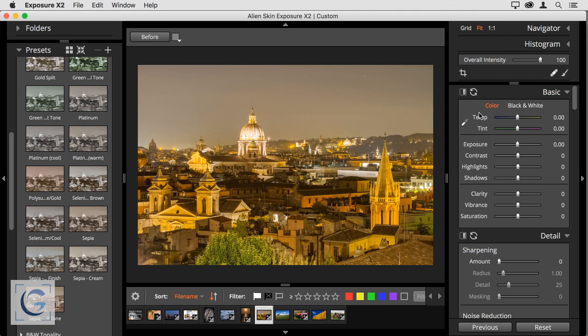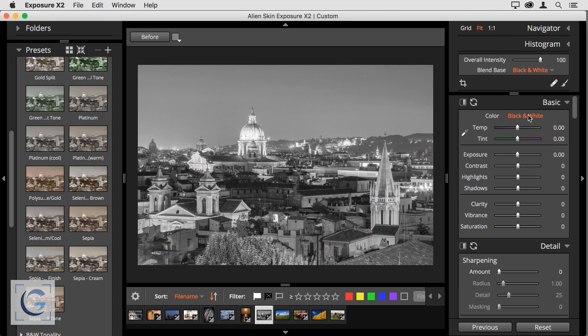Now, when it comes to a black and white interpretation, yes, sometimes it's just a problem-solving step, but I would also say that in many cases, in more cases for me personally, it is essentially an inspiration. I want to emphasize particular attributes. I want to focus the attention of the viewer on the light or on the texture. And so when those sorts of attributes are first and foremost in your mind, then I would say you might consider a black and white interpretation. Here it's very easy. I can just simply switch to black and white mode,